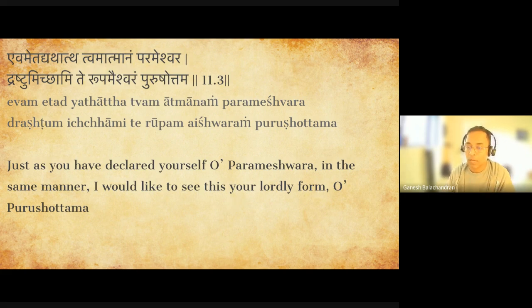Evam, thus, in the same manner, etad te aishwaram rupam. Etad, this, te means yours. Aishwaram rupam, this lordly form of yours. We saw the meaning of the word Aishwara, right? Aishwara means lordly. Drashtum icchami, I would like to see. Icchami, desire, I would like to see. O Purushottama. So now you see, Arjuna, previously he was just calling Bhagavan Madhusudana,